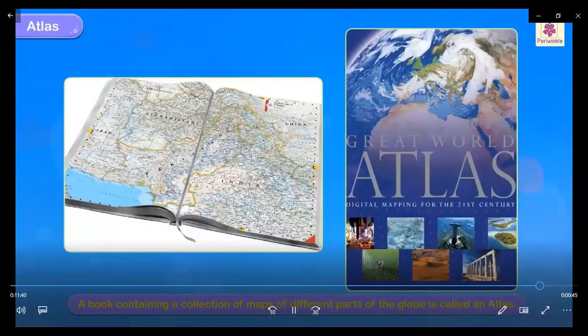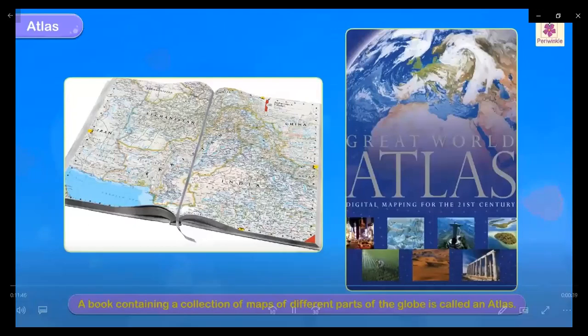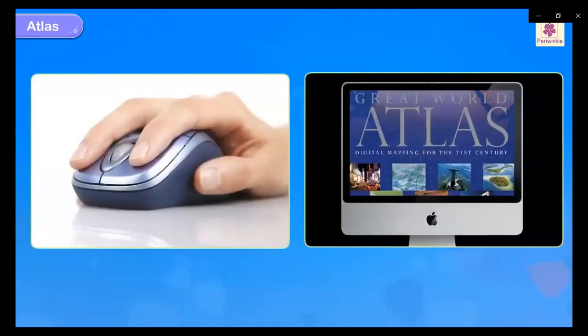A book containing a collection of maps of different parts of the globe is called an atlas. The atlas is a very useful book, especially for students of geography. Today, with just a click of the button,